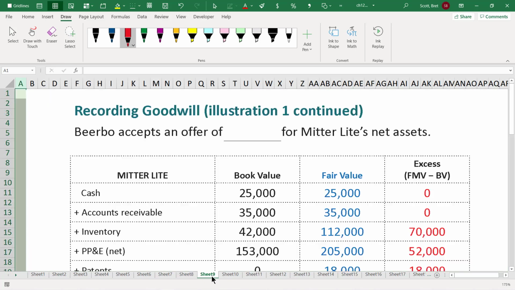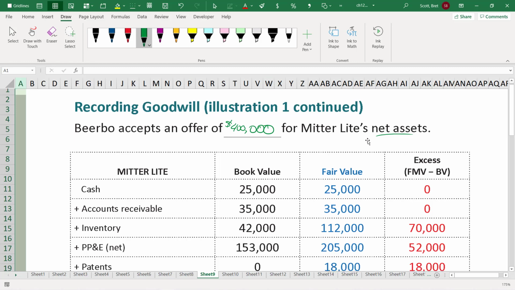In this final scenario, Beerbo accepts an offer of $400,000 for Mineral Light's net assets. So the stockholders of Mineral Light come together and say, we'll sell all of our shares, 100% of our shares, not for $350, but for $400. So down below,